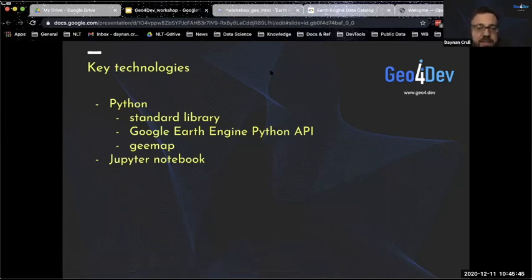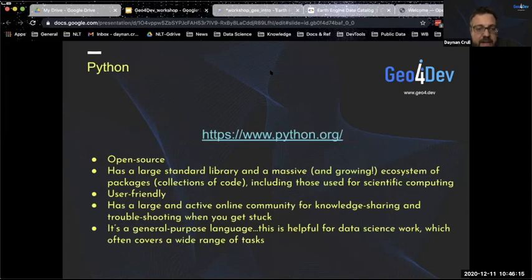Python is a statistical programming language. I'm sure many of you have heard of it. Many of you might actually have worked with it. It's an open source language, and there are a lot of libraries associated with that. We're going to look at a couple, including the Earth Engine API library and a library called GMAP, among others. We're going to be working with Jupyter Notebooks, and we're also going to be working with Colab Notebooks in Google. These are basically interactive platforms for you to do code work in them. We'll get into some details on that in a bit.